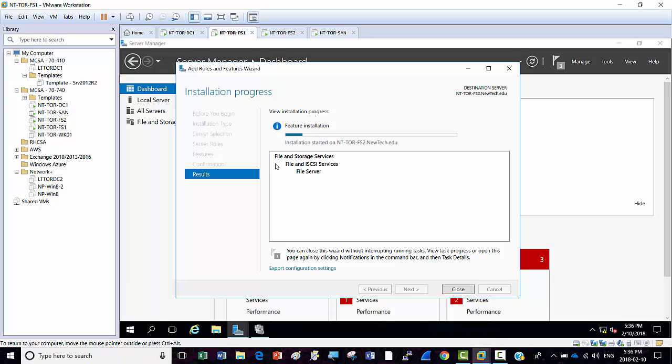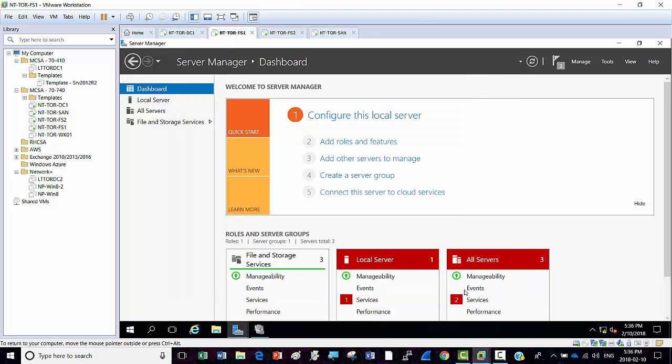Now where is this role installing? On server 2. We are sitting on server 1. We are using the same server manager and we are installing the role on the other. So in my case it's done. What's your status? Yes, done. Then please click on close,